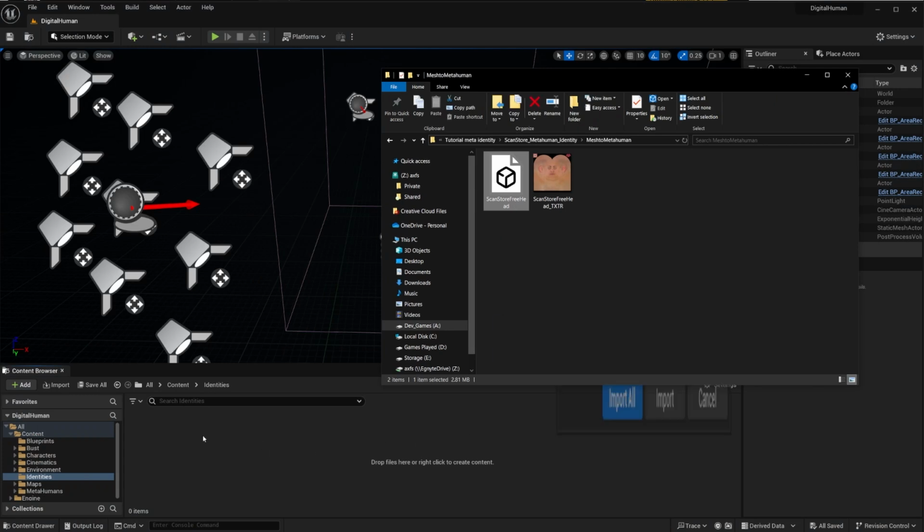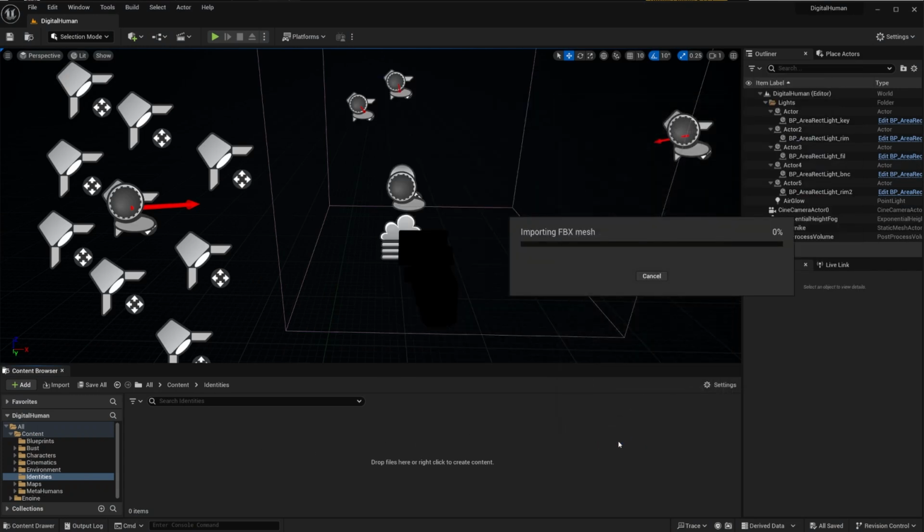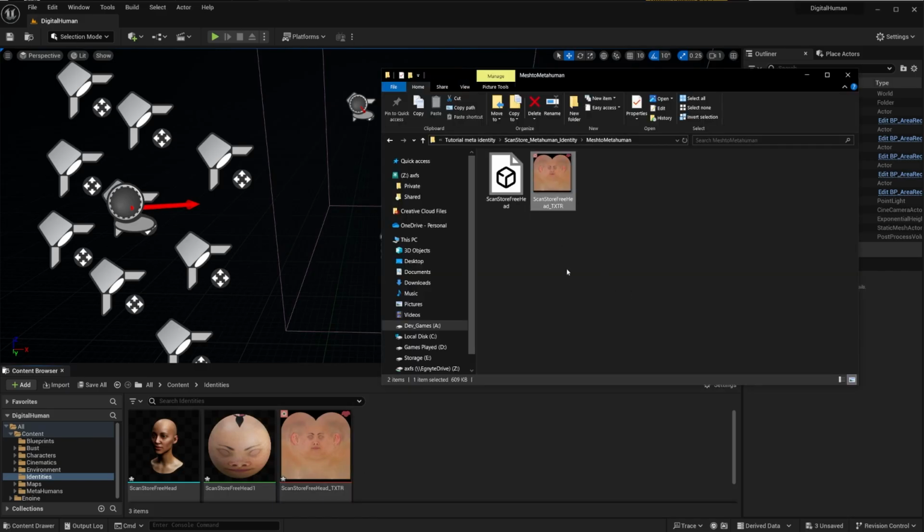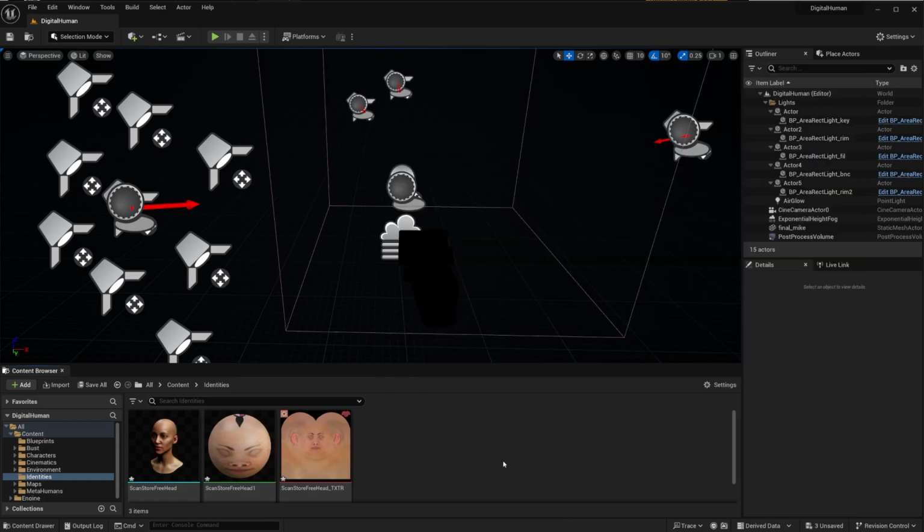Now I have my Unreal Engine project here where I want to drop these. And I'm just going to drop these one over here. Just click on import all. And it brought in the texture. So if it doesn't bring in the texture, you can drop this one in, but it should bring it in automatically. Now, once you have this, all we have to do is continue the usual Metahuman, Mesh to Metahuman workflow,